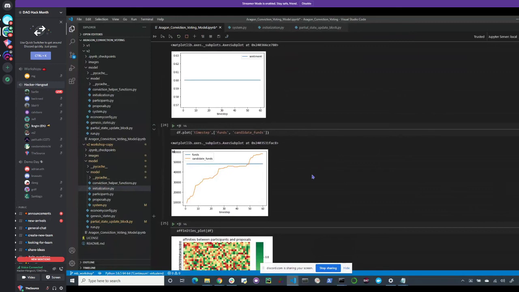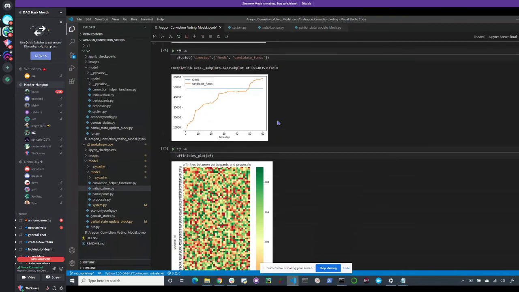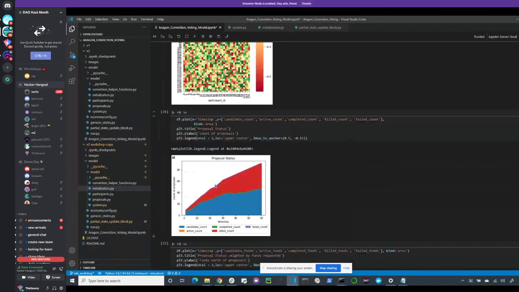Straight line for funds expected. Yeah, that's not quite right, is it? Is nothing passing? Can you scroll down? It looks like you're not seeing anything pass. You're accumulating lots of proposals. But here we go. What do we got? We've got candidates. We've got killed. Then for some reason, we created a scenario where